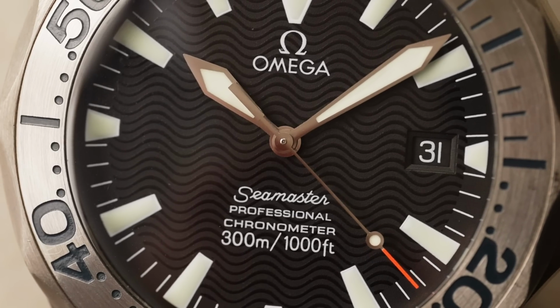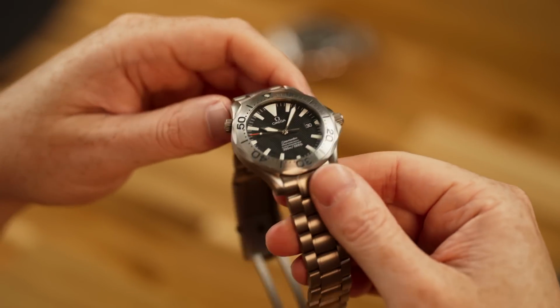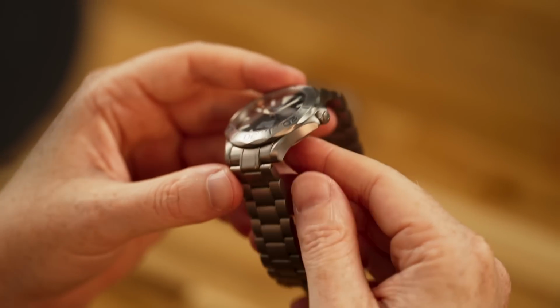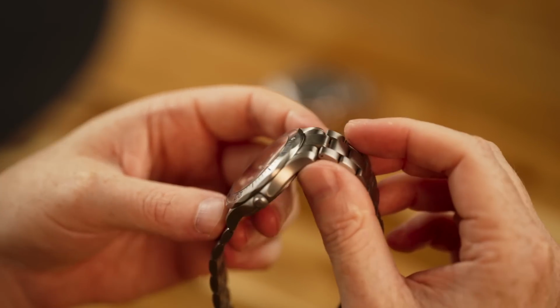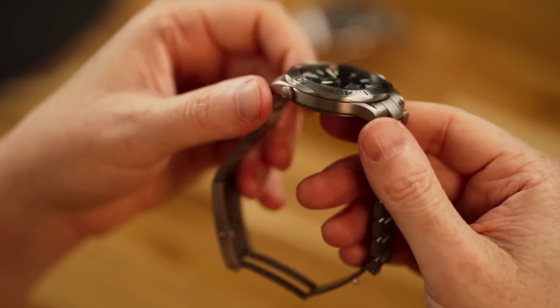This watch is great for a few reasons. I really love how slim the case is, and it's still 300 meters of water resistance. That's 1,000 feet, more than enough for any recreational diving that might be happening. And of course, this brings the kind of typical 90s Seamaster 300 design style here, which is a riff on